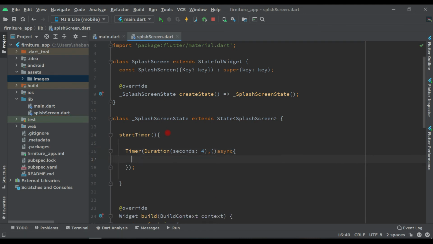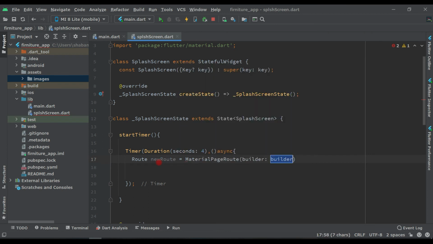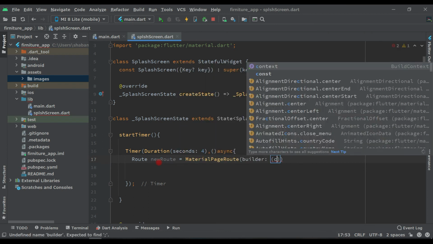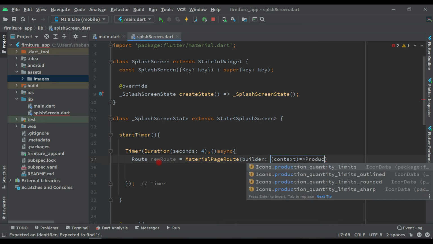And inside this we have to mention where we have to go from this page after 4 seconds. So we have to mention here like this, Route newRoute equal MaterialPageRoute, open bracket, context equal and greater than to, where we have to go, ProductPage.